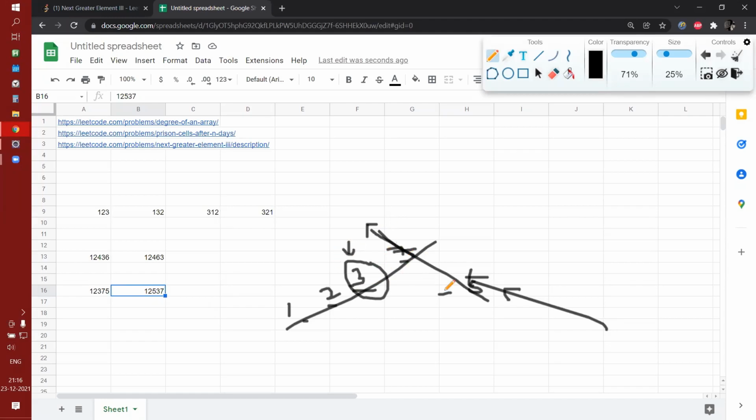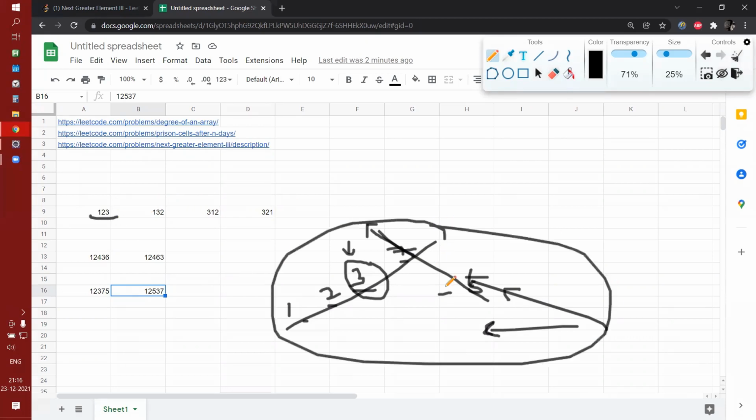Oh, we are coming from the right side, isn't it? Yeah, from the right side, because what we need to do is calculate the next greatest, right? And how can we get the next greatest? For example, 1, 2, 3, you already know that 32 is greater than 23. So that's why you have changed it, right? If we do it manually, that's why we are using this concept. Okay, good. So is this clear?